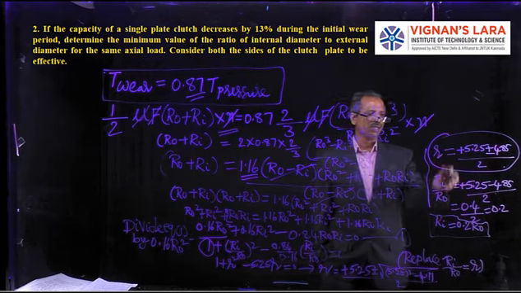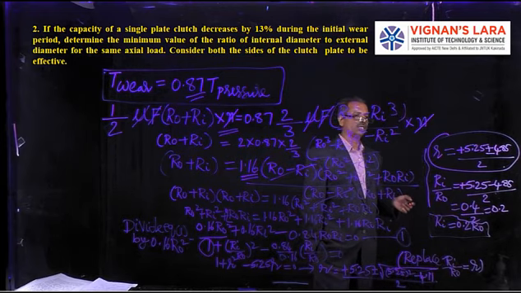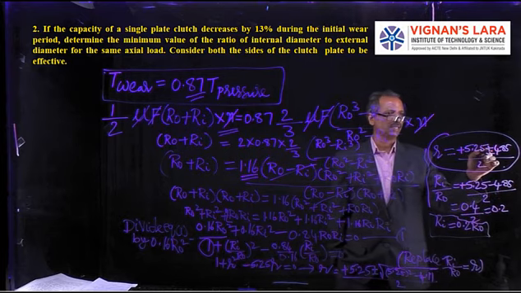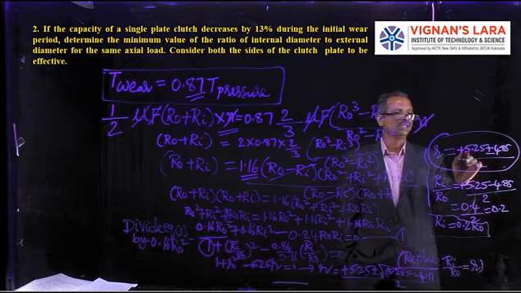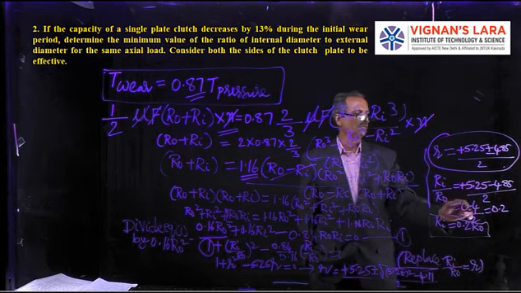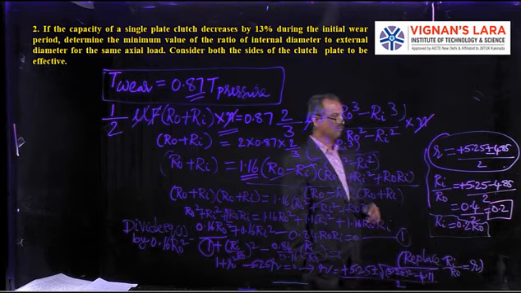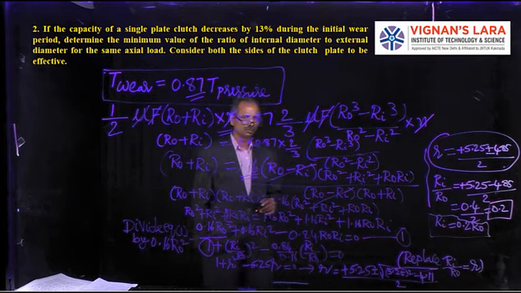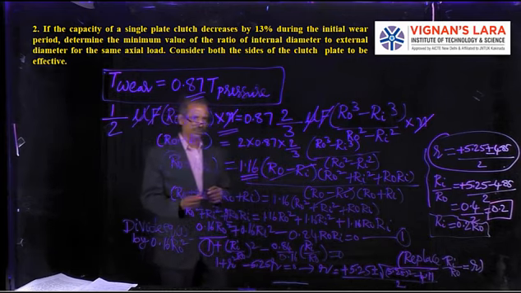So what is my r? My r is Ri by R naught. So the inner radius will never be greater than the outer radius. So the right hand side should always be less than 1. Suppose if I take a plus here, then it will be greater than 1. So the only possibility is that this should be minus. That's why 5.25 minus 4.85 by 2 has been written, which gives me approximately 0.4 by 2, which is 0.2. That is, the ratio of inner and outer radius is like this: Ri is equal to 0.2 times R naught. Okay. Then we will see the next problem on multiple plate clutch.